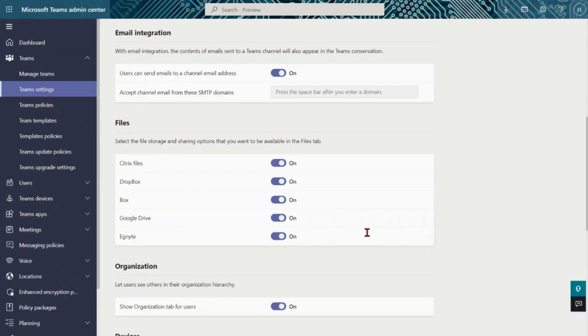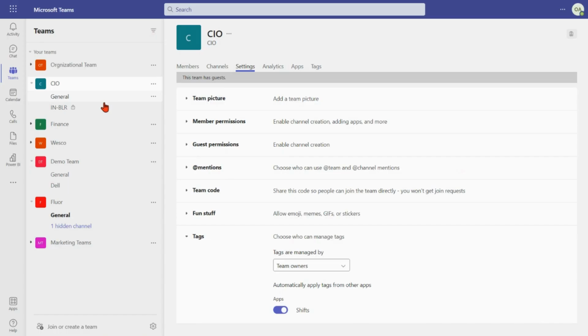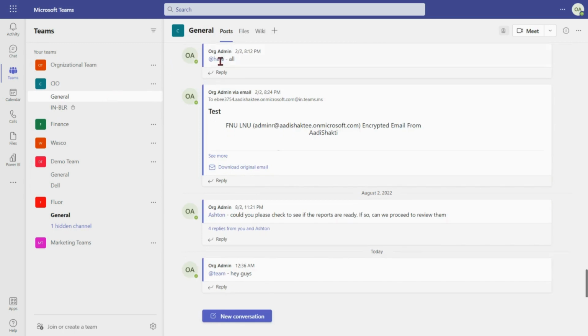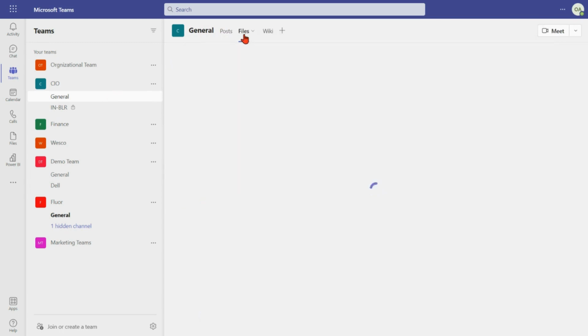Now moving on to files. So with the help of files, we can import any file or folder from any of these cloud storage providers to Teams. So this is the complete list of storage providers that Microsoft supports as of now. So let me go back to Teams client and show you how exactly you can bring files to Teams. So I can click on the channel under which I would like to import files. I can simply click on Files,